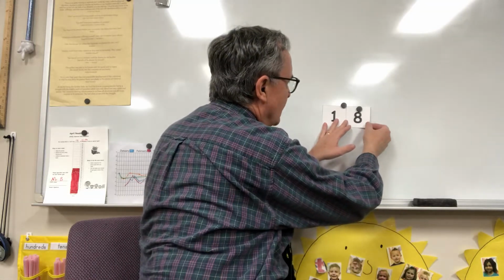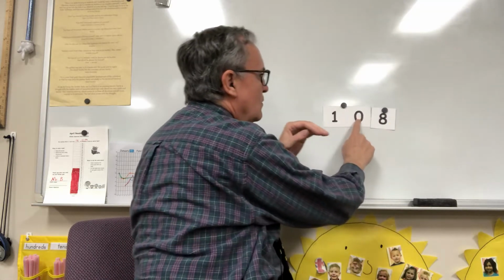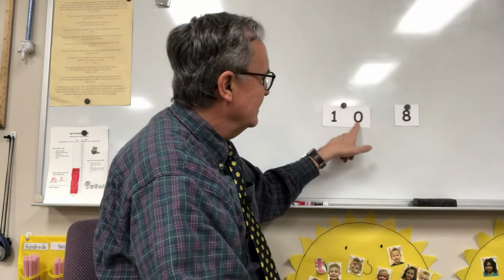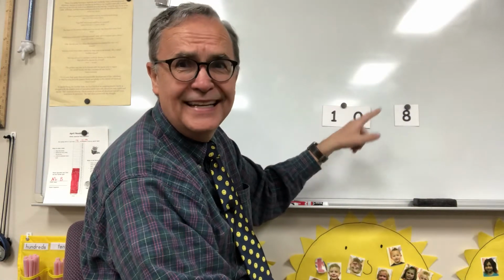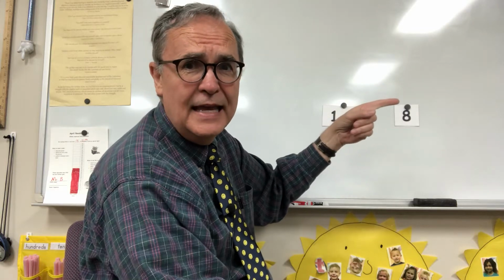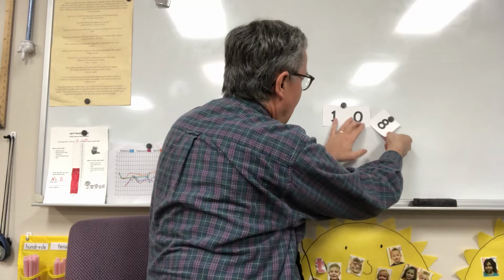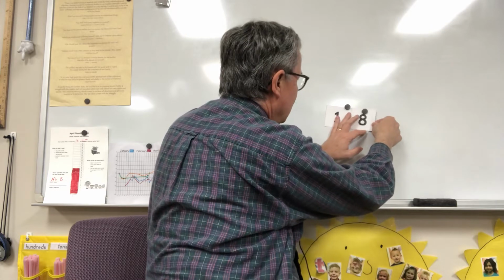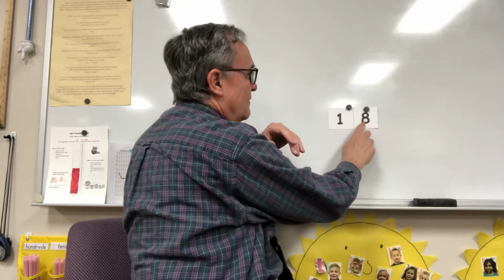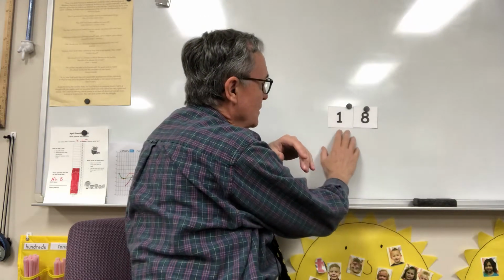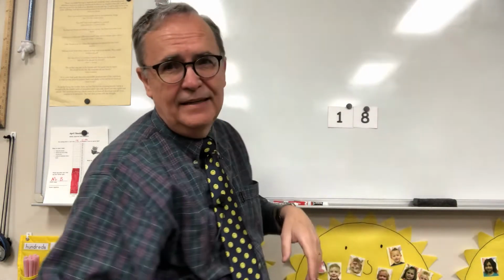Look, I want you to know that behind that 8, there was a 0 hidden. 0 the hero, right? He doesn't need to take his place if somebody else is in there. Here comes the 8. We don't need the 0. We just have the 8 in the 1's place. This is the 10's place. So this number is 18. Now,